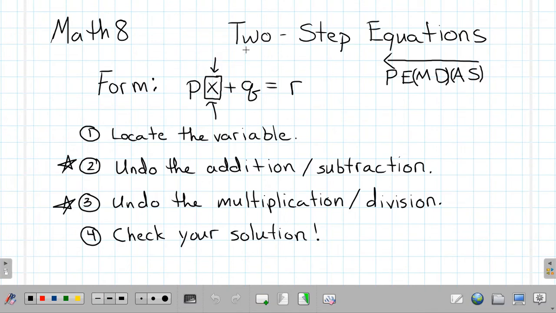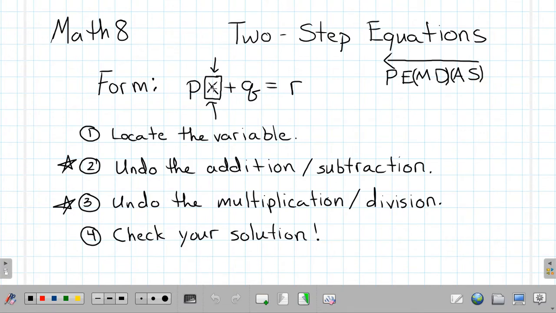And this is very important because we didn't have to worry about this with one-step equations, because if there was only one step, there was one operation for us to do, there's really no order to put one thing in, okay? But when we have two steps or two operations we have to do, we have to honor order of operations. And in this case, that means going backwards with order of operations because, once again, in the process of solving an equation, we're basically undoing all the operations that are done to the variable we're looking at,